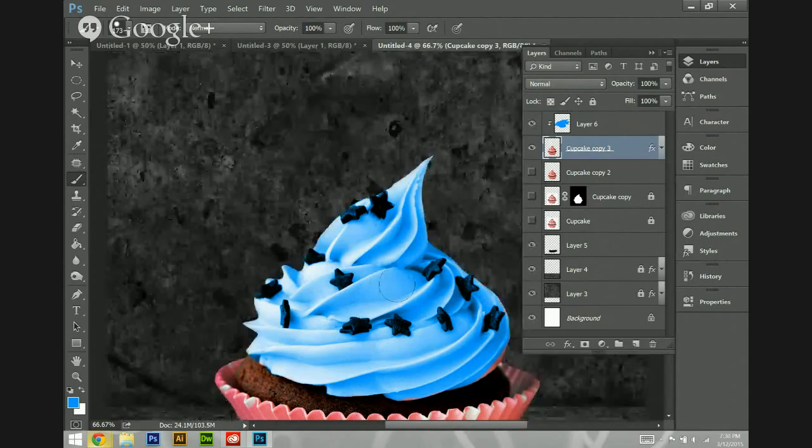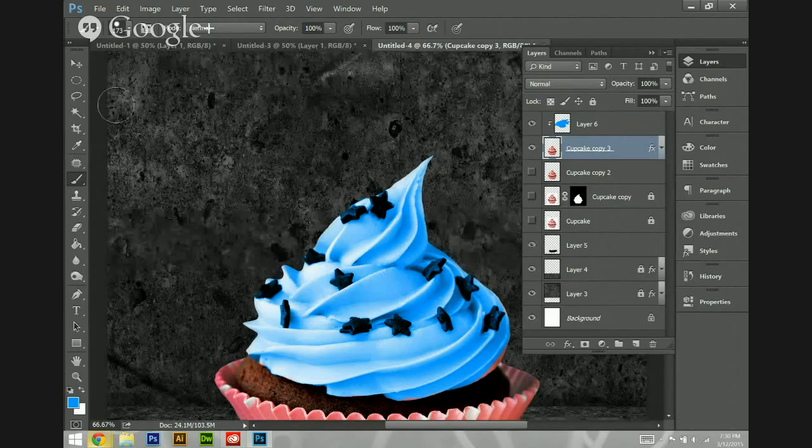And there you go. So again, just because these stars are black does not mean that they haven't picked up any color, because they aren't 100% black. If they were 100% black, they would not look like they exist on the cupcake. So what I'm going to do is use the quick selection tool, go onto the cupcake layer, and there we go. I like using the quick selection tool for selections like this, because if you were to use the actual magic wand tool,